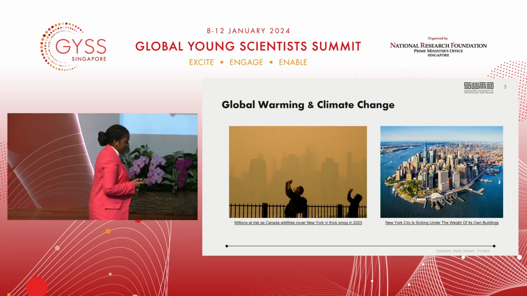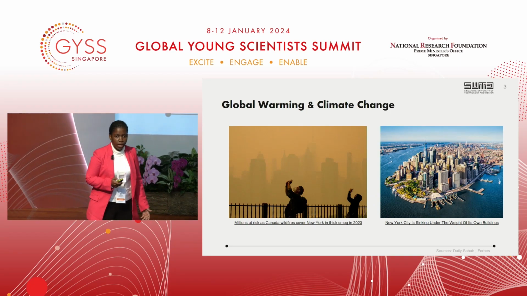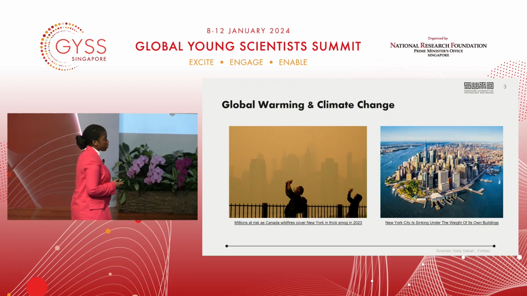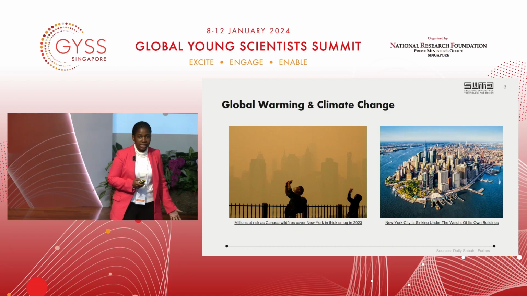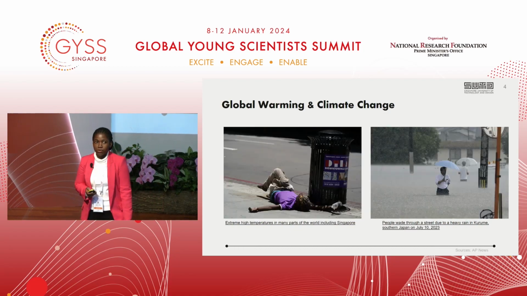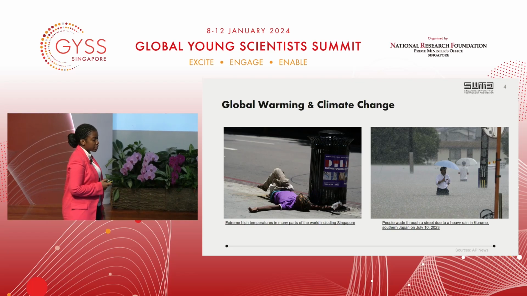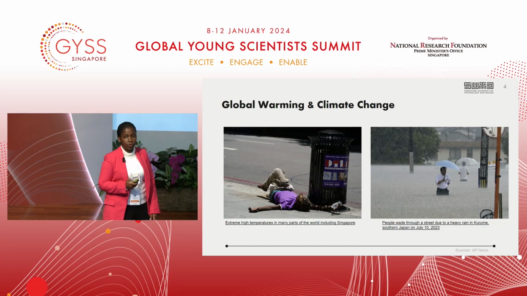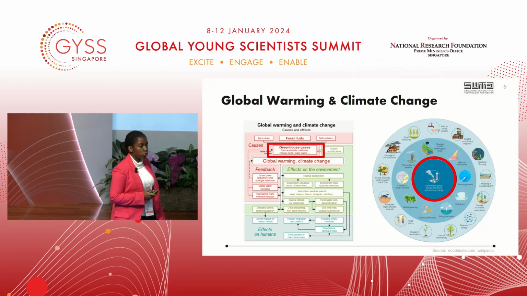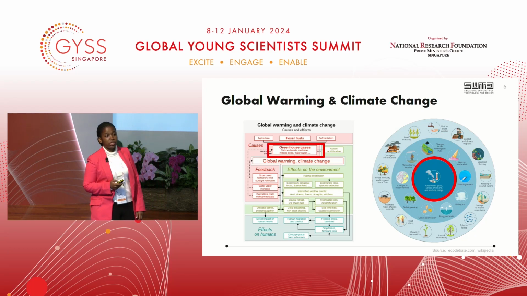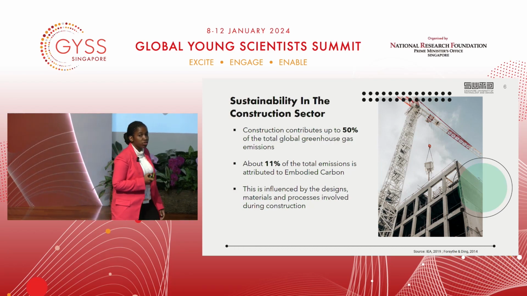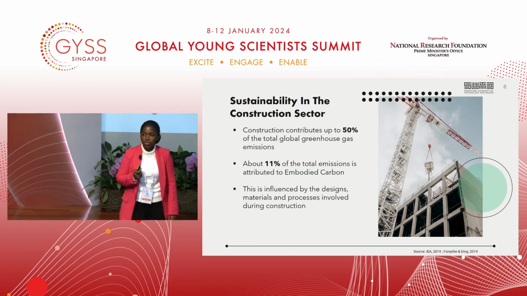We are experiencing a lot of effects of global climate change. We have seen wildfires being reported in many places, but also lands are sinking, and there's a rise in sea levels. We're also seeing scorching heat even here in Singapore, but also heavy rains and floods in various parts of the world. And all this is caused by the greenhouse gas emissions that are emitted into the atmosphere due to various human activities.